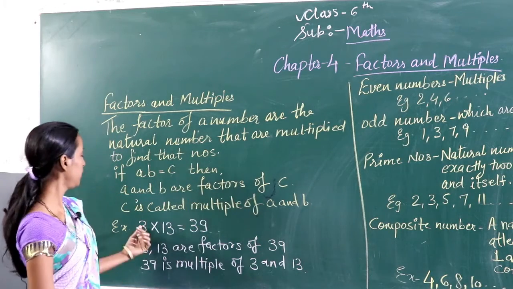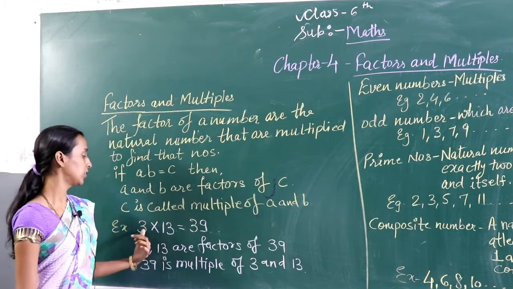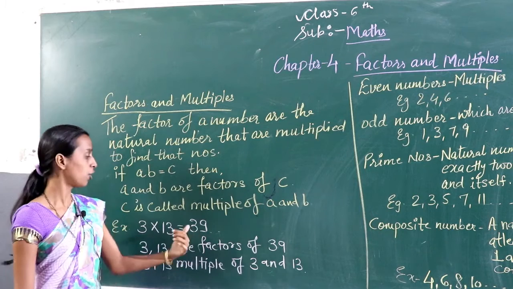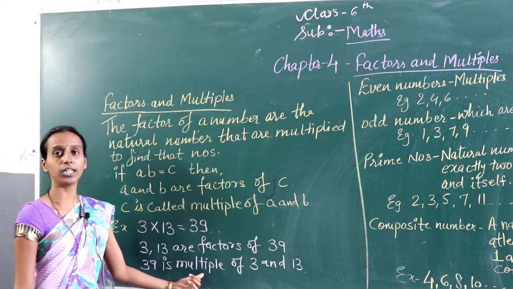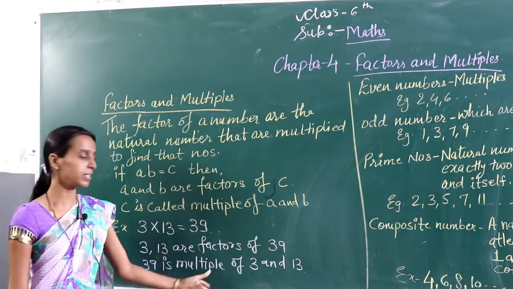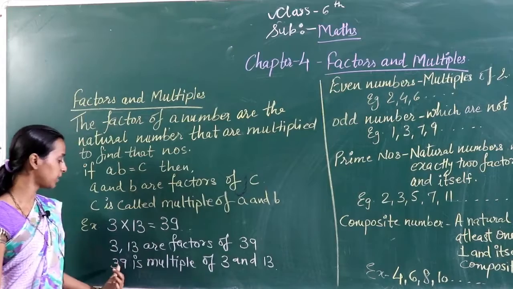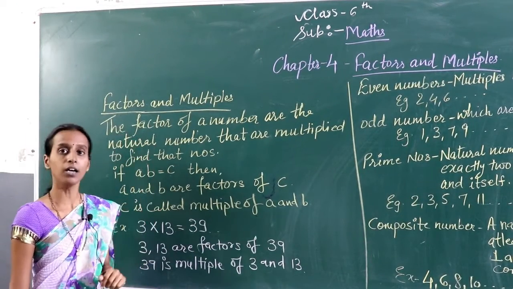Okay, क्या किया हमने? 3 into 13 किया था, हमको मिला 39. So we know that ये 3 और 13 जो है उसको हम क्या बोलेंगे? फैक्टर्स बोलेंगे. और ये जो इंटू करने के बाद जो हमको रिजल्ट मिला है, दैट इज 39, उसको हम क्या बोलेंगे? मल्टीपल. किसके मल्टीपल्स हैं वो? 3 और 13 को, क्योंकि 3 और 13 को मल्टीप्लाई करने के बाद हमको क्या मिला? 39. So that are called the factors and the multiples.